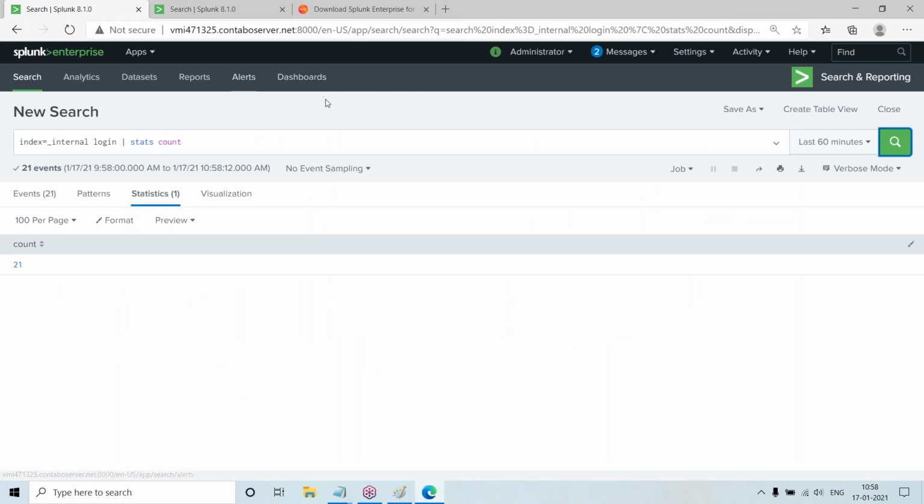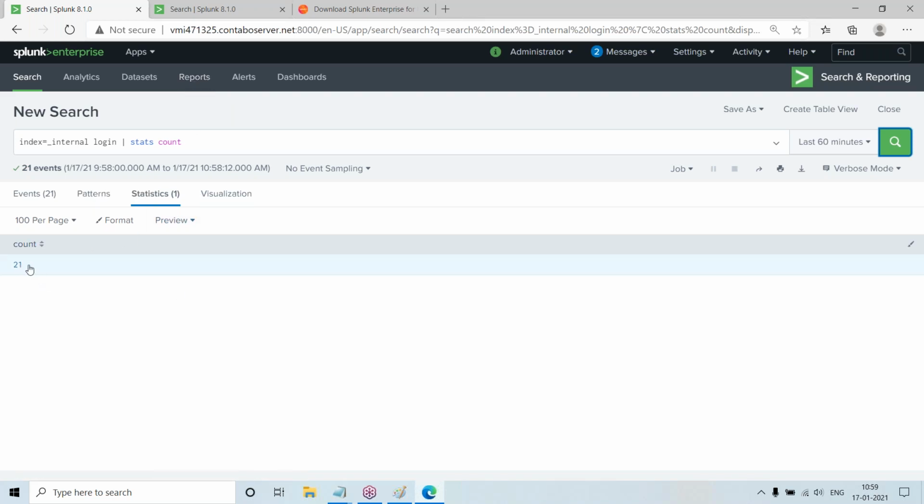Actually, we can send alerts. We can prepare reports on a daily basis. If you want a report on how many logins have happened, we can send the same via a report. Every day you will get one report in the mail.